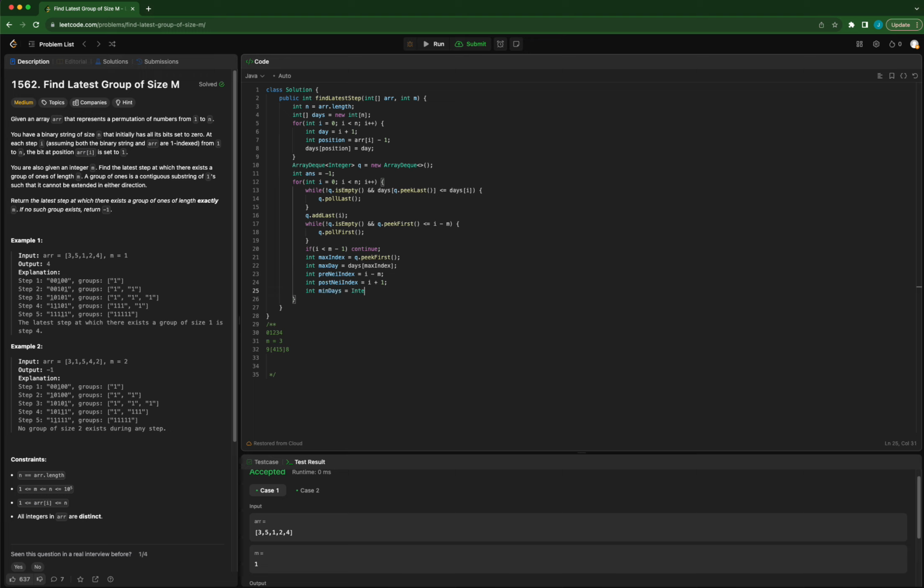So if we want to find the minimum day, we save the maximum value, and then if the pre-neighbor index is larger or equal to 0, then min days equals